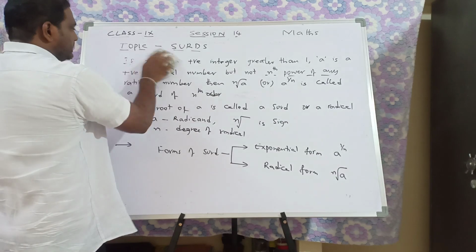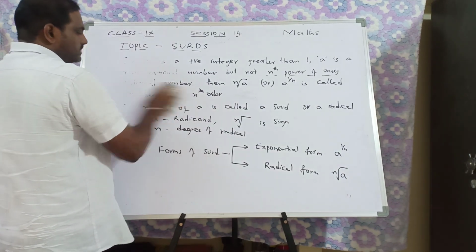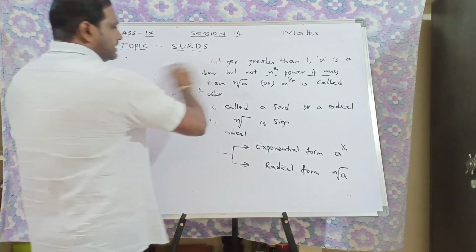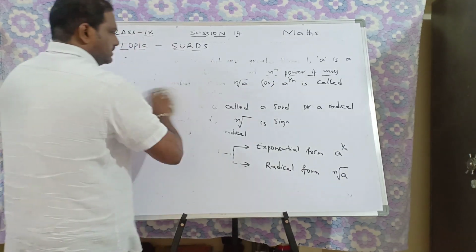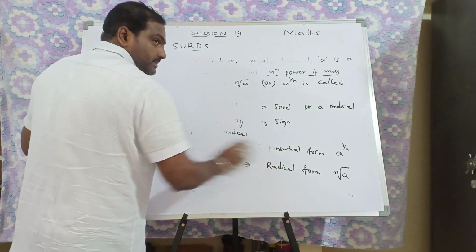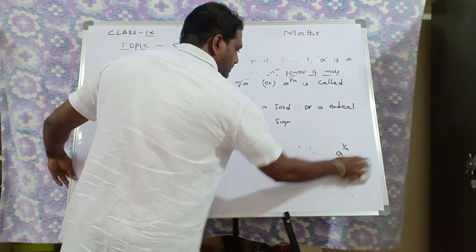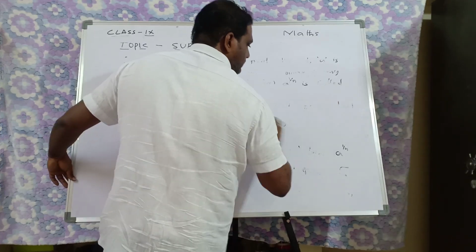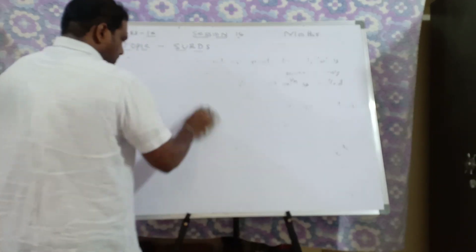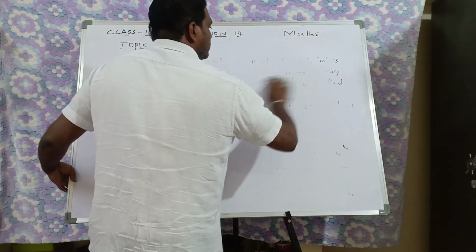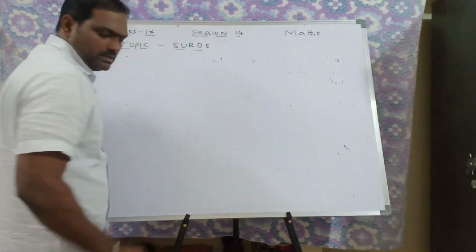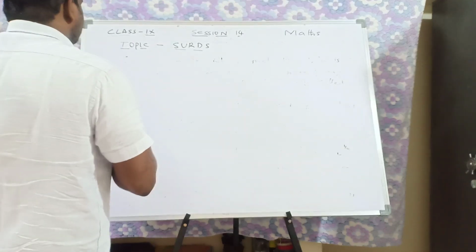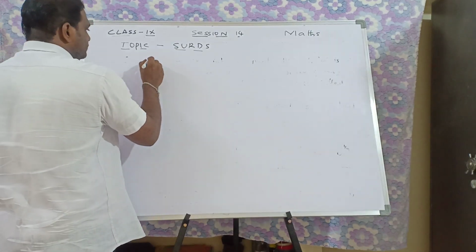Now we'll go for some examples. By these examples you will get good clarification regarding the questions. In this topic I will explain three topics. If you understand those three topics, it's very easy to find out. Now let us see some examples of which are surds or not, and how to identify them. Examples of surds.